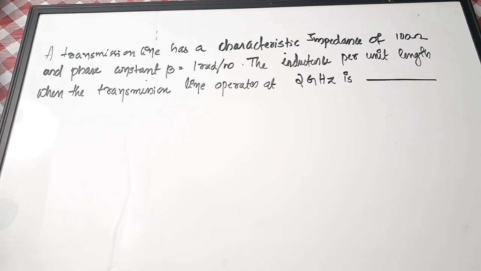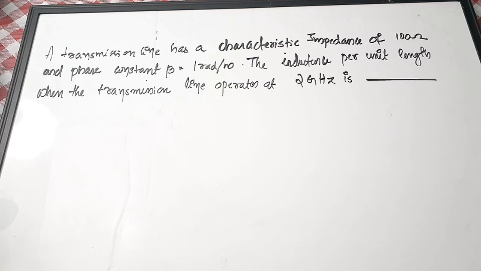So we know that we can express the transmission line in terms of basic components like capacitance, resistance, inductance, likewise. Okay. Anyway, we need to find the inductance per unit length for this transmission line. Okay. I've done a detailed formula revision video of transmission lines. If you want to have a look, please watch that. It is in the EMT playlist, in which we have explained about all the important formulas.